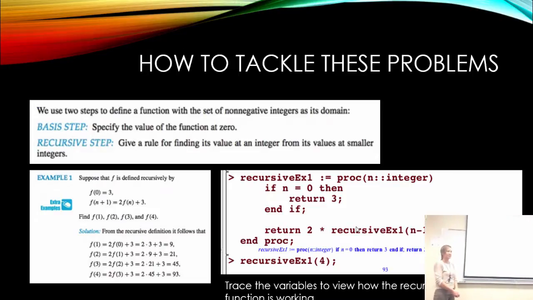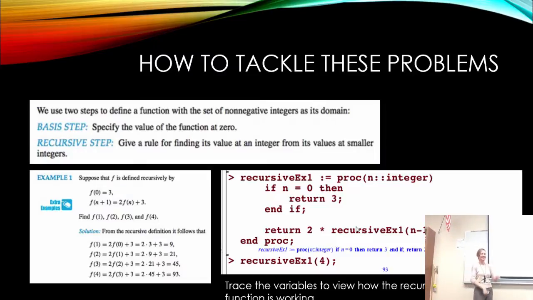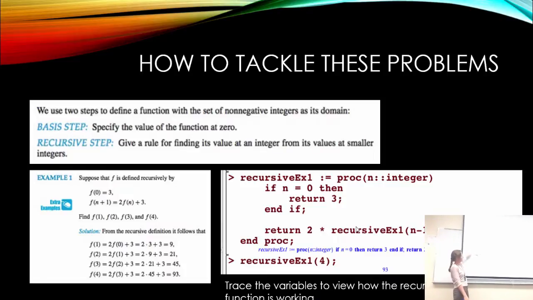We need to make n smaller on the recursive calls, otherwise we're never going to finish this thing and your computer will explode. It really does. Try it. Actually, Maple just stops working altogether, and then you have to Control-Alt-Delete and tell him to stop it because he's just very ill-behaved. Okay, but this is how you would write this type of problem. This problem is pretty easy to write. It's easy to see your base case and your recursive step. And so you put your base case and your recursive step, and he does give you the same answer that they got in the textbook.